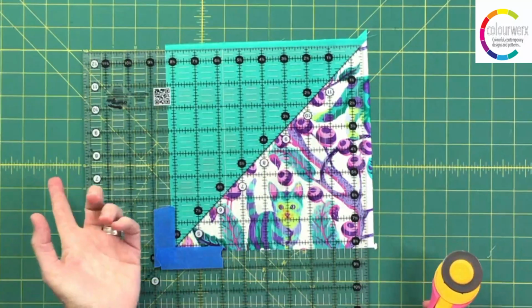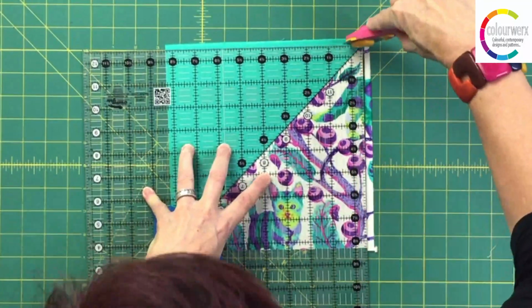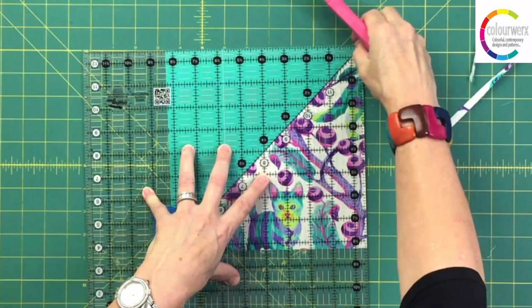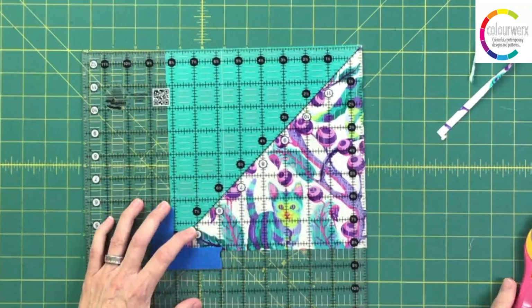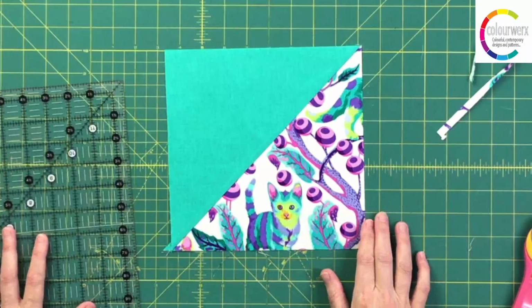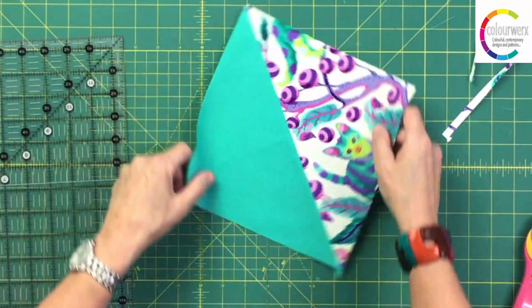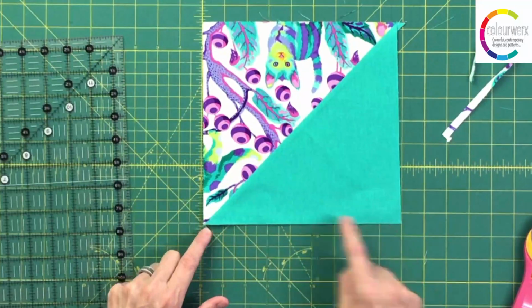Now, if you were left-handed, you're going to be coming in from the opposite way, but you're going to go whoosh and whoosh. So now I've got clean edges on my right edge and, whoops, my top edge right there. As soon as my rotary cutter works. There. Okay? This is a clean edge. It's been cut. The next thing I'm going to do is not move my ruler up to this area and cut against myself. I just want to rotate the block 180 degrees